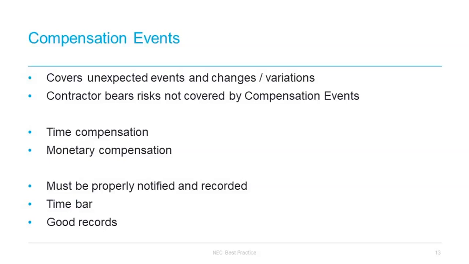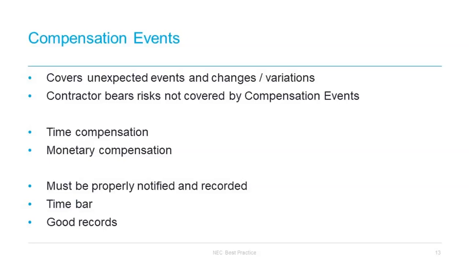In this situation, we recommend that you list the compensation event clauses which might apply. There's no difficulty in doing that, because when you notify a compensation event, you are notifying the issue and risk that's occurred. If that issue happens to be covered by two compensation events, then that's fine. But the assessment of that compensation event is the same regardless of which clause applies. As a contractor, you're actually asking for assessment of the risk and the issue that's occurred, rather than looking for the particular compensation event that you've notified.